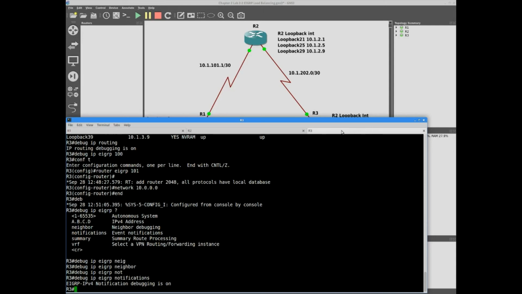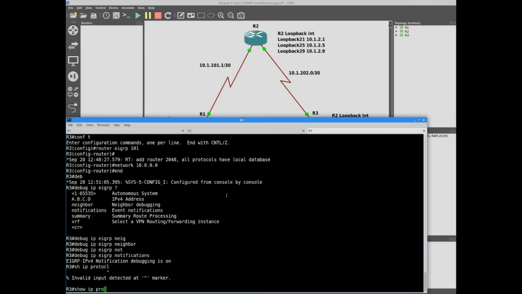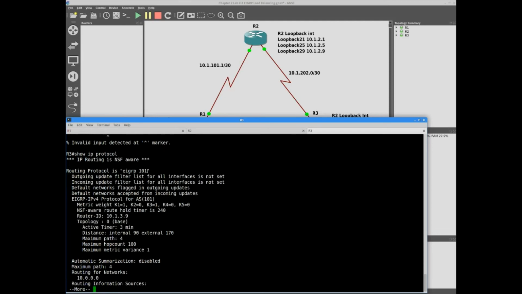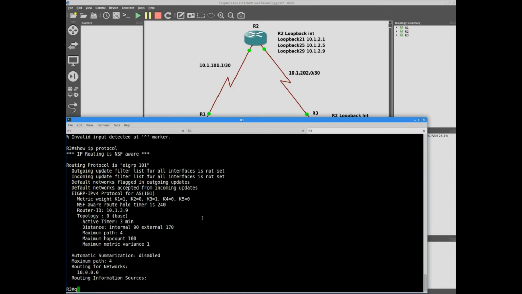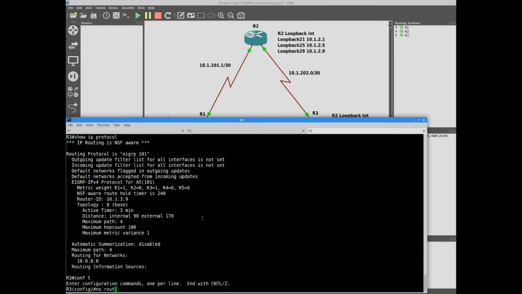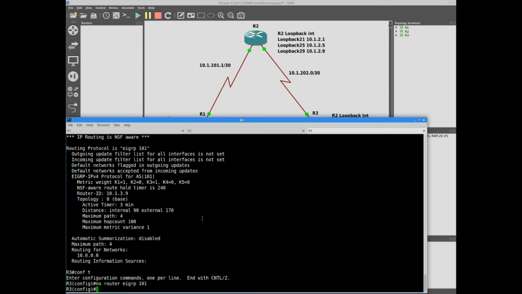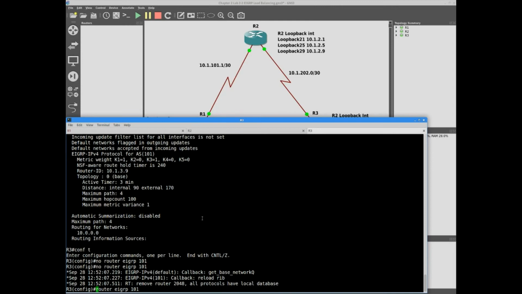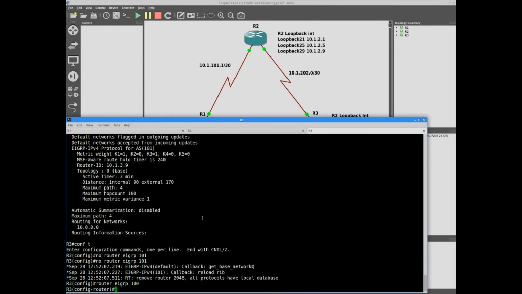The fact is, the EIGRP autonomous system numbers must match. On router 3, show IP protocols. I configured router 3 with an autonomous system number of 101. Routers 1 and 2 are autonomous system 100. So in order for that adjacency to come up, all the devices in that autonomous system must agree on the same autonomous system number. So we're going to go into global config and say no router EIGRP 101, and make it router EIGRP 100